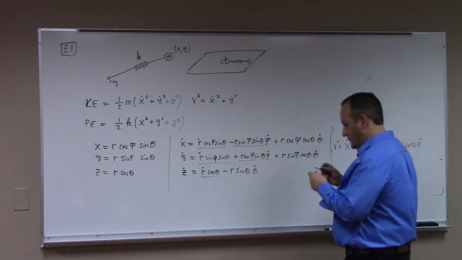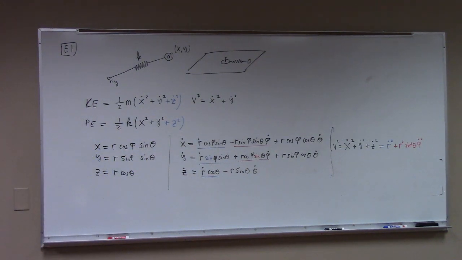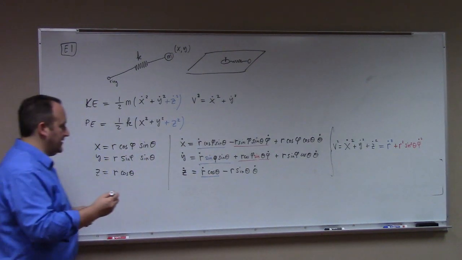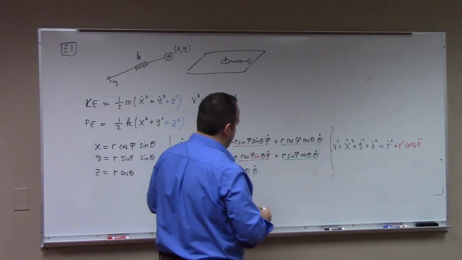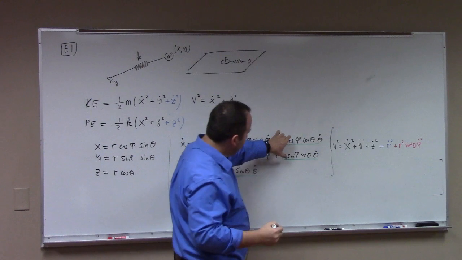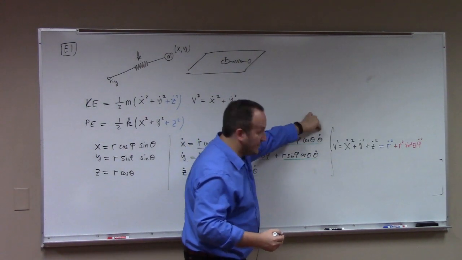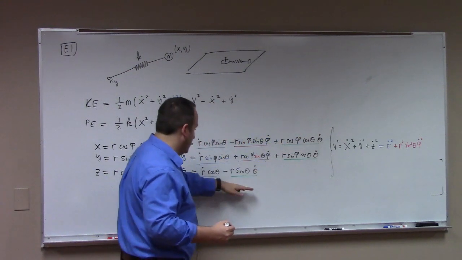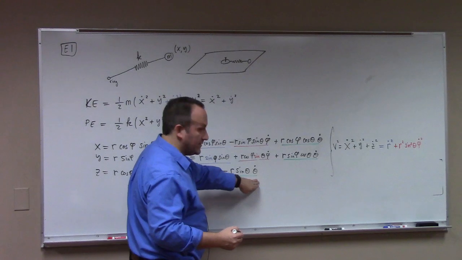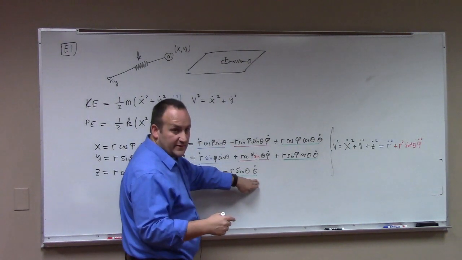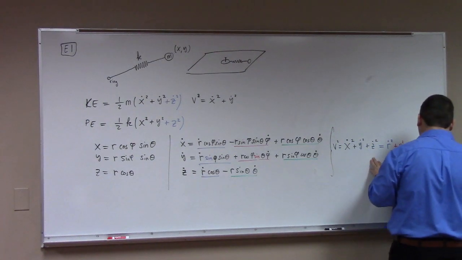And then the theta dot terms, when you add those, square those up, what do we get? So I get the sine squared plus cosine squared drops to 1, and we're just left with an r squared cosine squared theta dot squared from the sum of these two terms. And then we've got an r squared sine squared theta dot squared. So sine squared plus cosine squared theta is 1, and we're just left with r squared theta dot squared. Now, that's